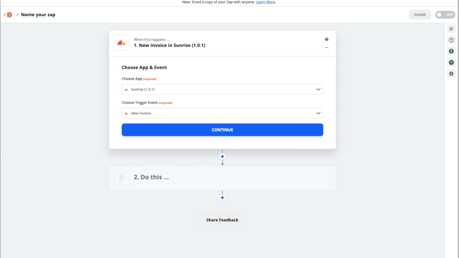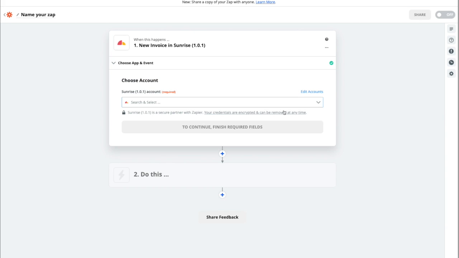I am in the midst of beginning a new Zap here, and I have selected Sunrise for the triggering step, and I am selecting the new invoice trigger. So we'll hit continue. We've got to log into our account as always,